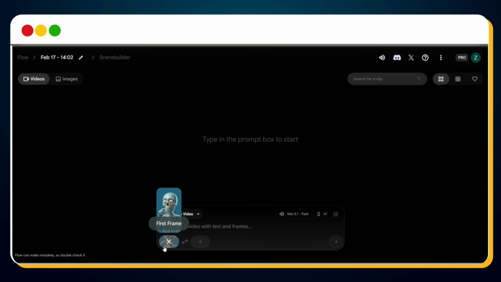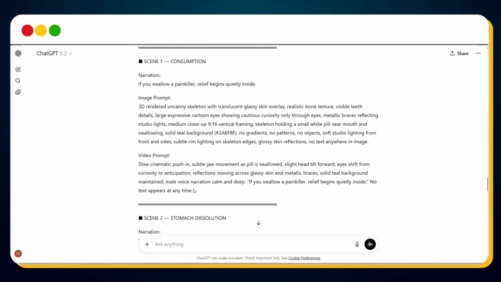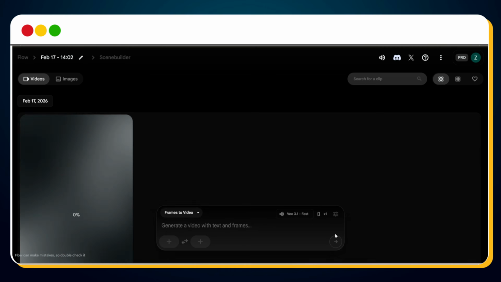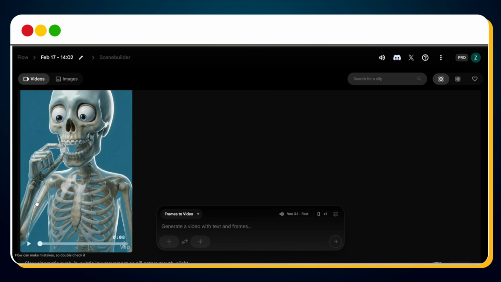Now you can see the image has successfully loaded into frame 1. Next step, go back to ChatGPT. Copy the image to video prompt for scene 1, paste that prompt into Google Flow, and hit send. In just a few seconds, bingo! Your scene 1 video clip is